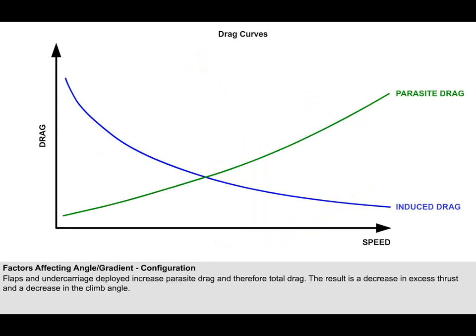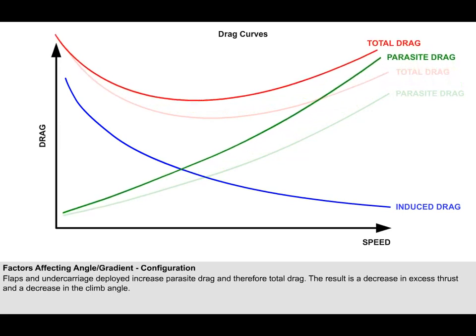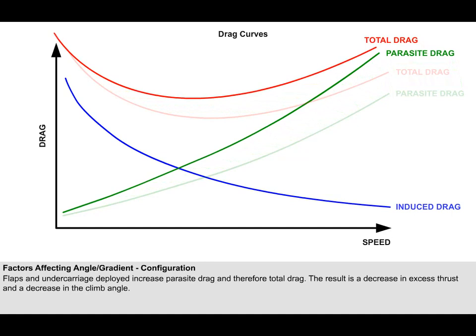Shown here is a graph representing induced drag, parasite drag, and the total drag. You may recall that deploying the undercarriage mainly increases parasite drag, and as a result, the parasite drag curve will move upwards. Notice, though, that the total drag curve has moved as well. In fact, it has moved slightly upwards and towards the left. The fact that deploying gear and flaps moves the total drag curve up and left is an important fact to